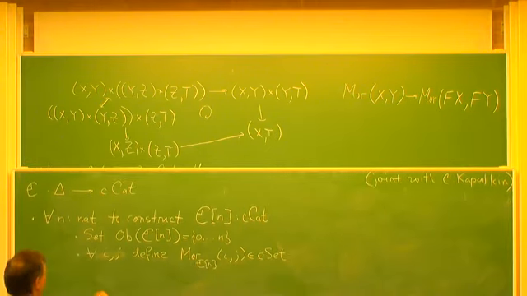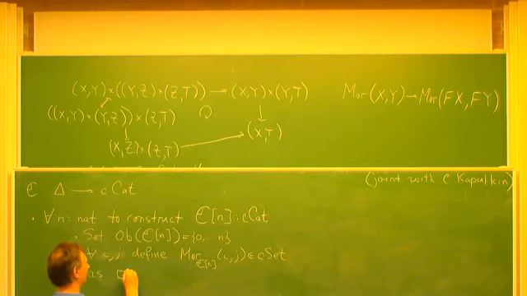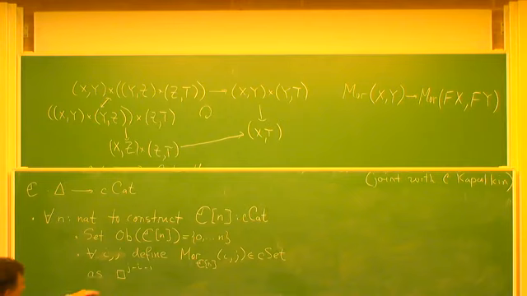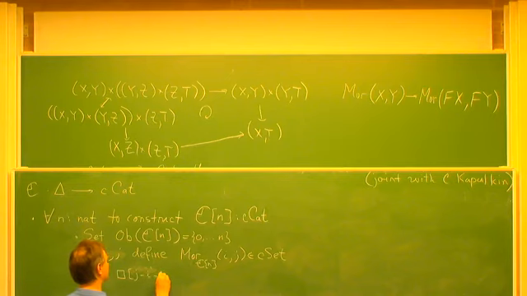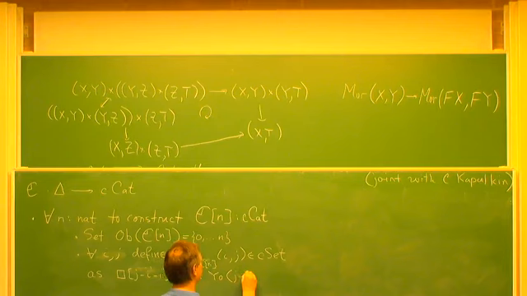So we define it as follows: it is the Yoneda of g minus i minus 1. It's a cube of dimension g minus i minus 1,